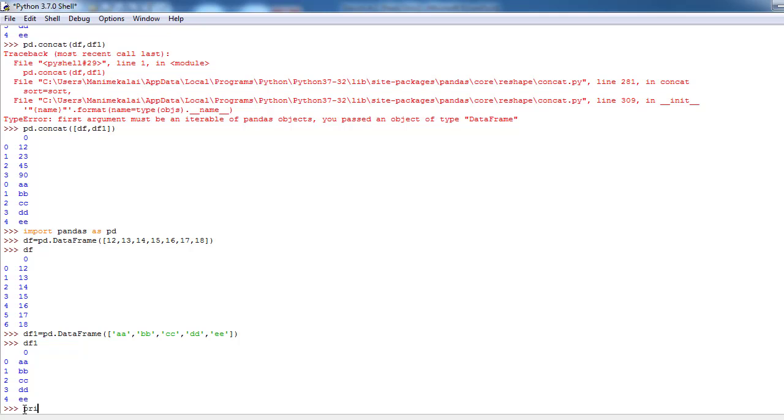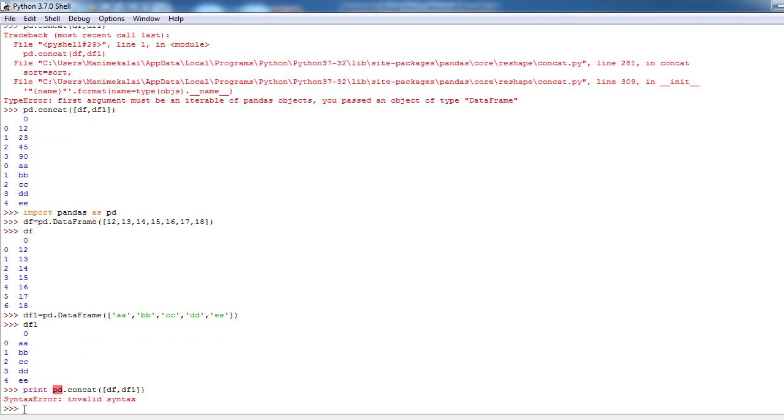So now we are going to concatenate these two data frames. Just print pd dot concat of tf comma tf1.